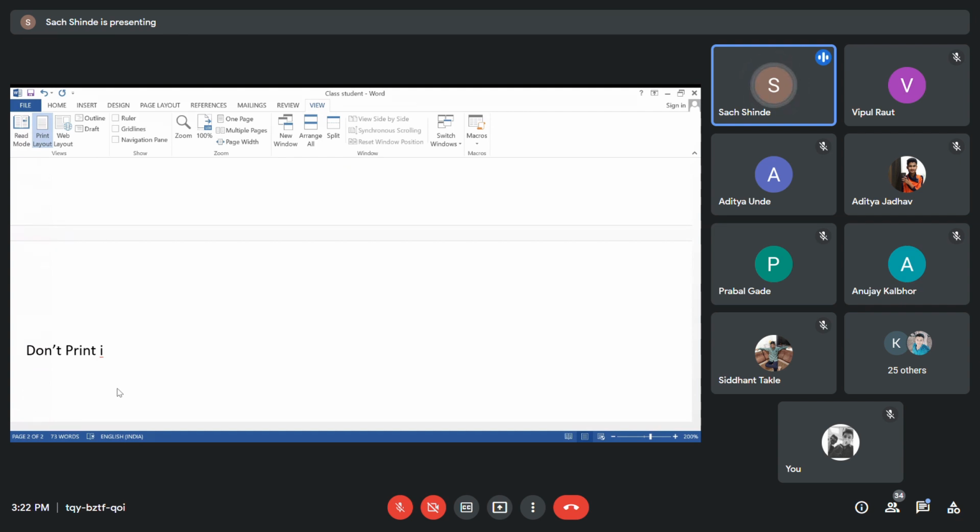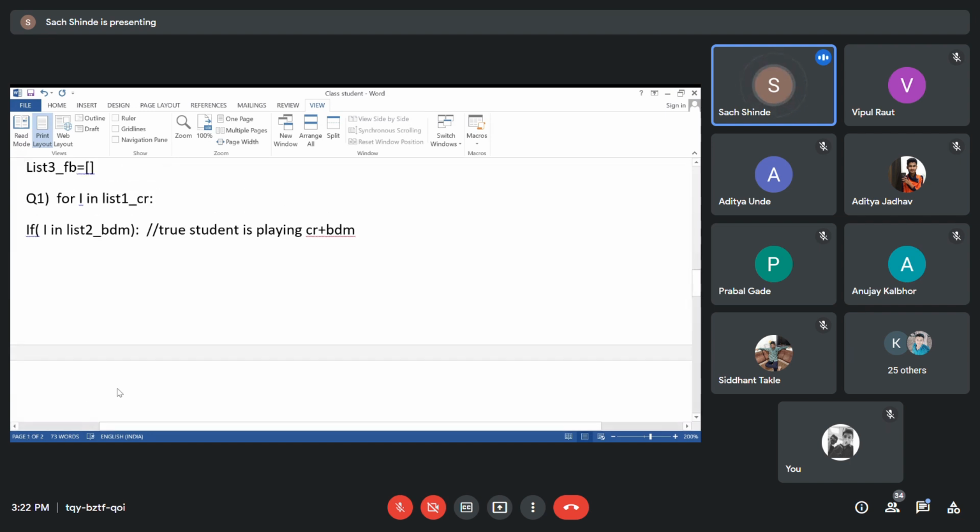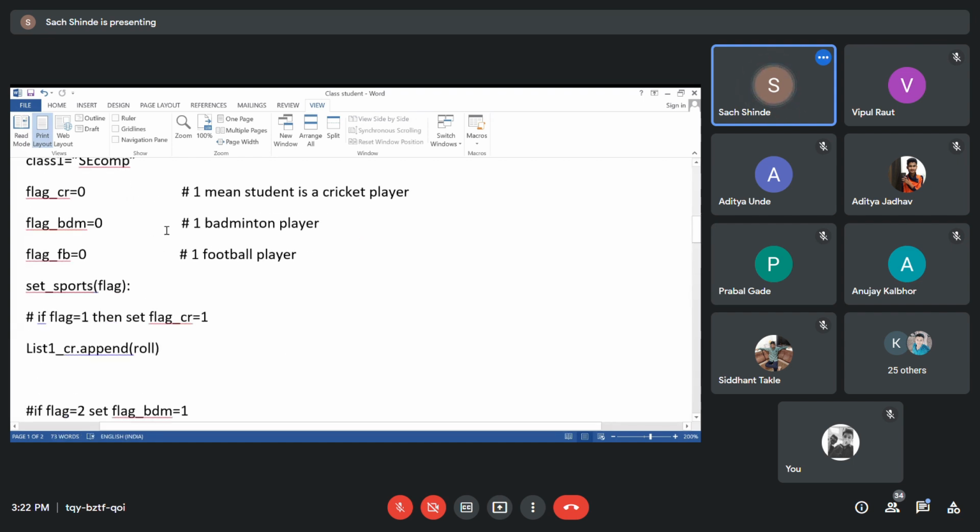Else you can print that number for not playing cricket, not playing badminton, and the ones playing both are omitted. So this is the joining. Over here it simply means the player is playing both the games, and we have to find the ones playing only one of the games. So it is just an else part over there. If it is false, then we can display the list of students that are either playing cricket or playing football. So there should be an else part over here that will solve your query number B.